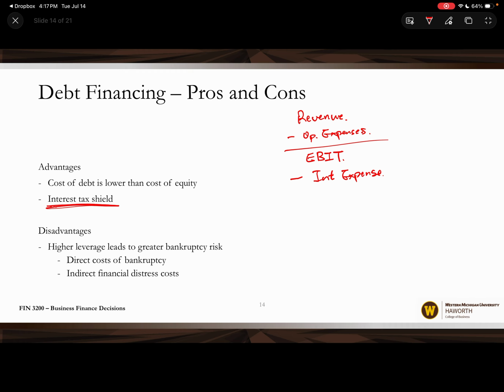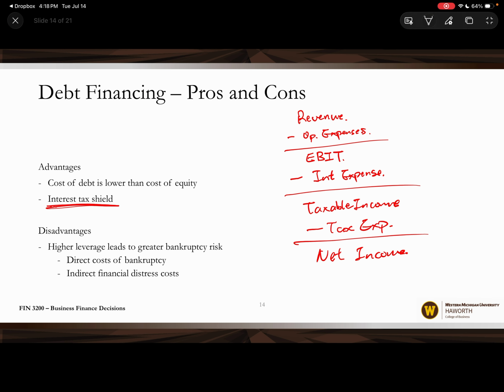Okay? So, yeah. And then we have taxable income. And then there's tax expense. And then we have net income. Right? So, if you look at this component right here, interest expense, it only exists if the firm has debt,